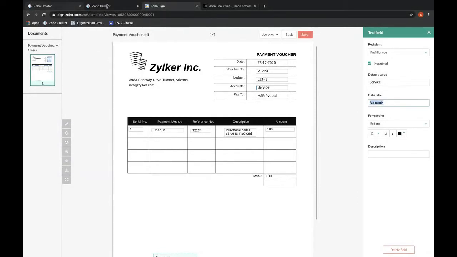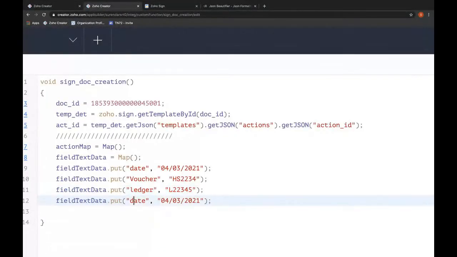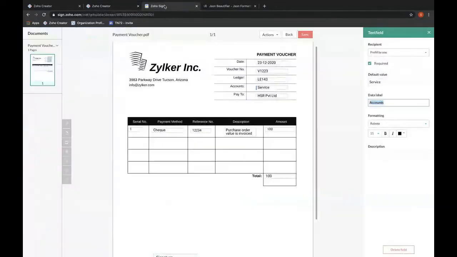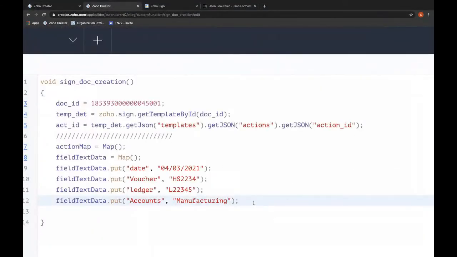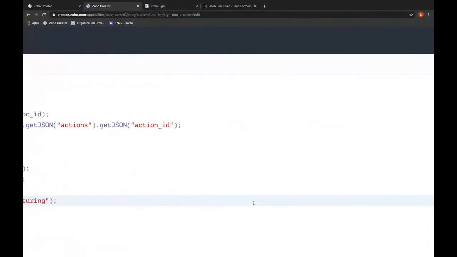So let the accounts be manufacturing. Okay, so is there any other fields mandated? So, okay, we'll populate the other fields with the default value which we have populated. Okay, and so we have constructed the field types, and